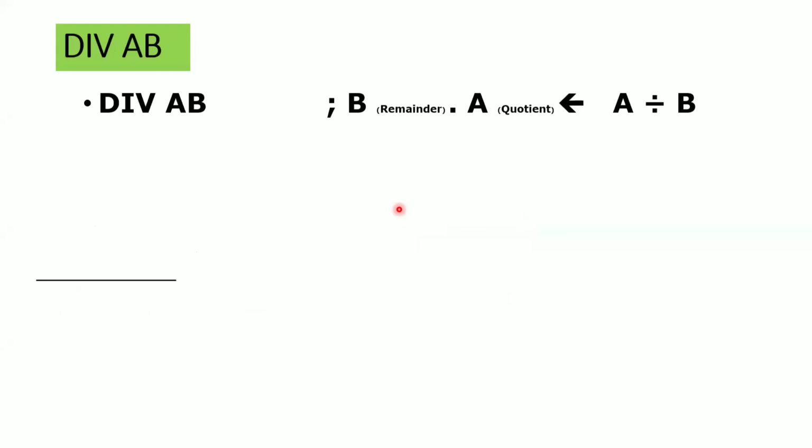Okay, and next one is the division operation. Whenever you want to divide two numbers, you can use this instruction, and here we are again using AB. For any arithmetic operation you need to use the A register by default. For multiplication and division operations, you must use the B register. So whenever you want to perform division on two numbers, you must load those values inside your A register and B register. Okay. Now after performing this division, you will get quotient as well as remainder.